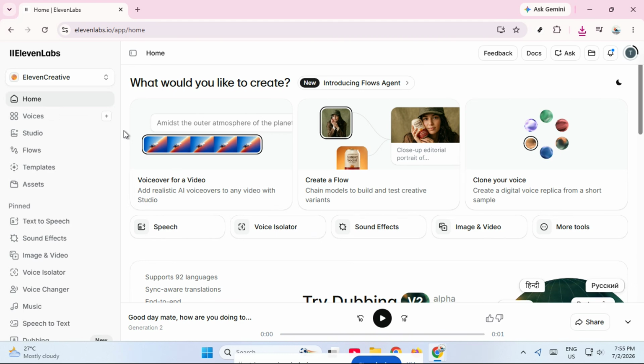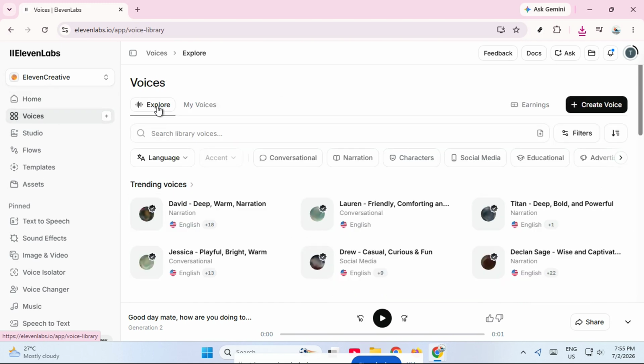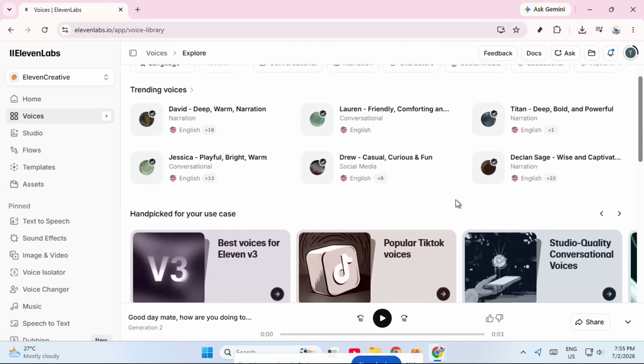After that, look for the Explore option and click it. This is the part that takes you into the voice library interface. Once the library loads, you'll be able to browse through the available voices and start discovering what ElevenLabs has to offer. From here, you can take your time exploring the different voice styles, listening to examples, and finding voices that